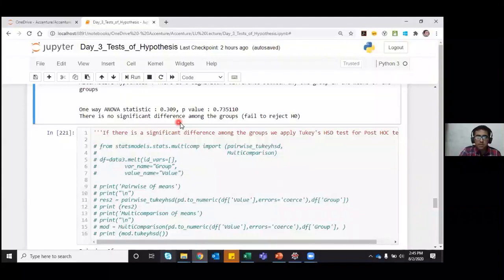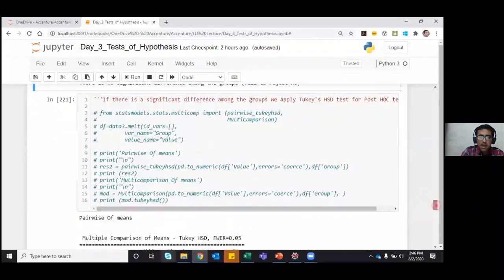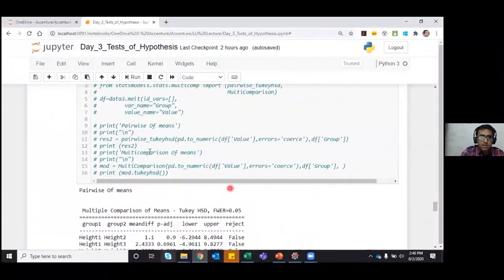But because in my data there was no significant difference among the groups, I'm not going to use Tukey's test. But I have specified the syntax for that, which is pairwise Tukey HSD, and we'll just take the group and the value.